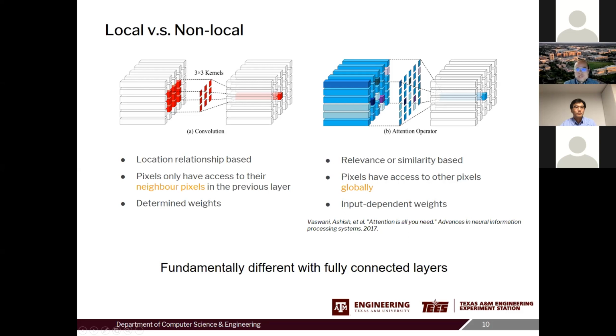At the superficial level, this seems to be very similar to the fully connected layers, but actually it's very different in the sense that you do not learn a weight. These weights to combine the inputs are not learned automatically. It is based on the similarity between different inputs. And so the weight here is learned implicitly by learning different representations, because the weights here are computed based on the learned representation.